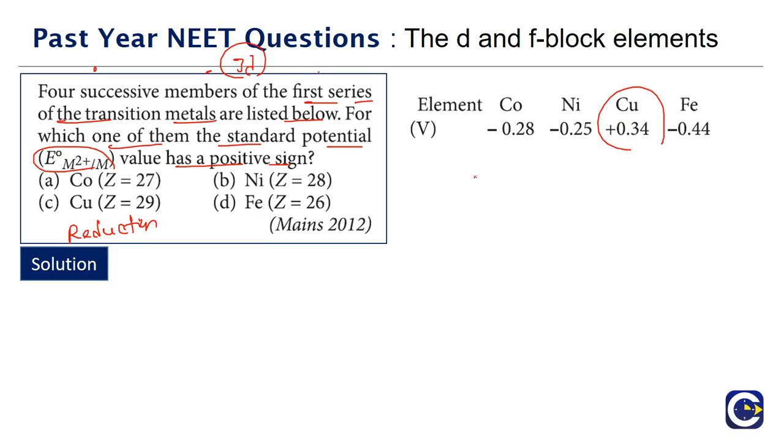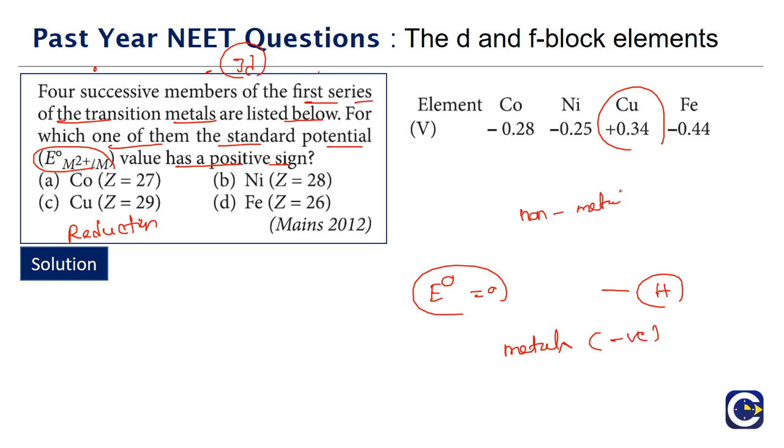This is also something that you will be seeing in the electrochemistry chapter. Copper will have a positive value. In the electrode potential series, the hydrogen electrode is taken as a reference. The E0 value of the hydrogen electrode is 0. Metals will be negative, like alkali metals, alkaline earth metals, and some d block metals. Non-metals will have positive values. But copper also will have a positive value. That is why copper cannot displace hydrogen.